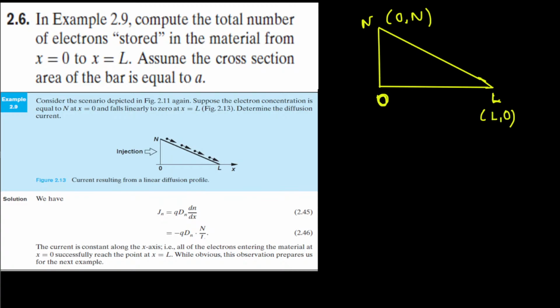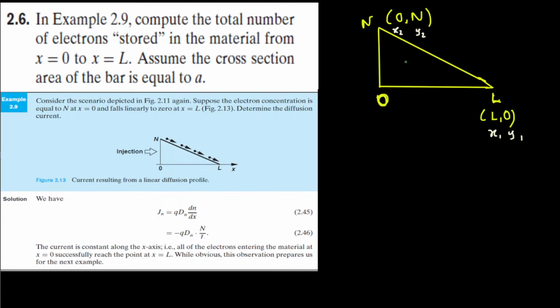Okay, and we can also name this one as x2, y2 and this one as x1, y1. If we do that, and the area is given to be A, now, based on that, we can create